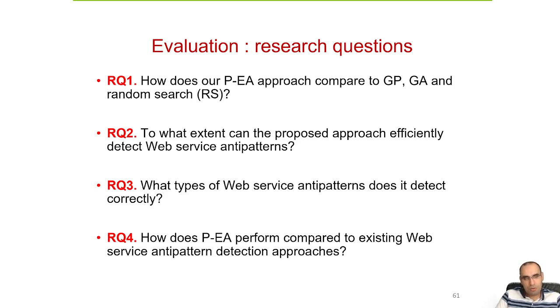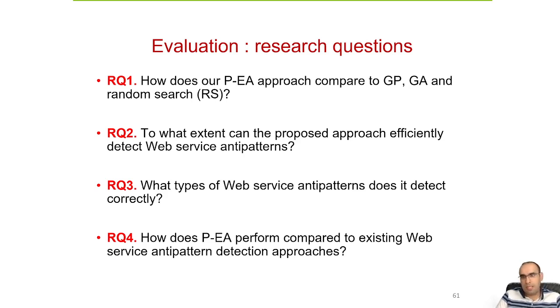For research question number 3, we also looked at possible bias towards the detection of specific types. We looked at the differences in terms of performance for each type of anti-pattern. And for the last research question, we compared our approach to a state-of-the-art approach for